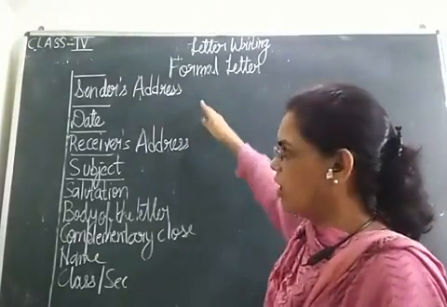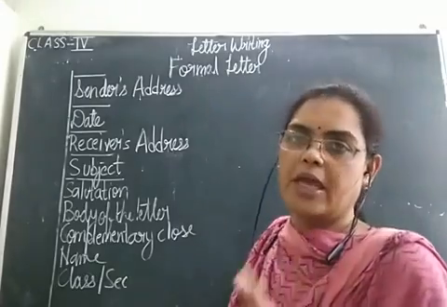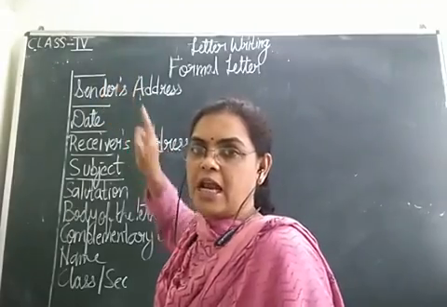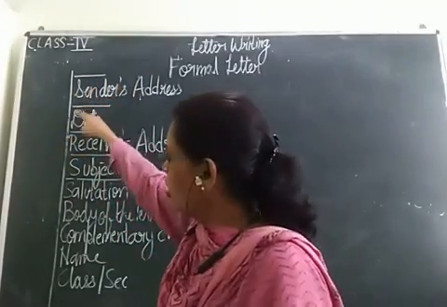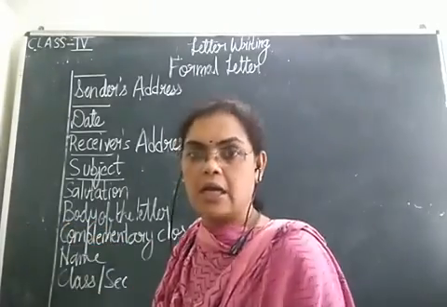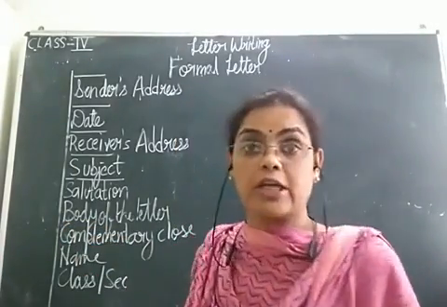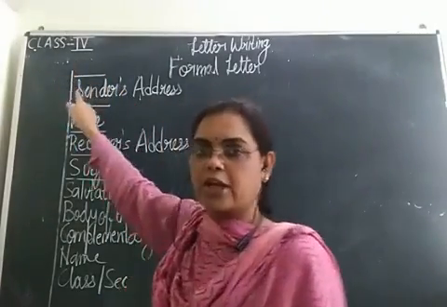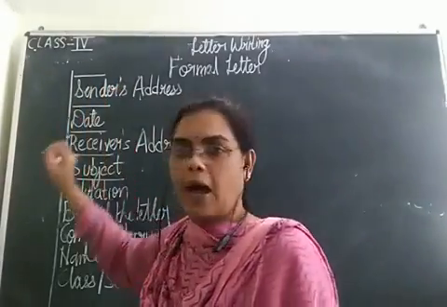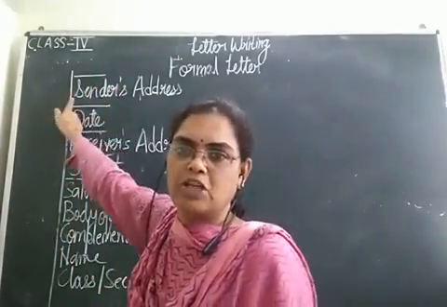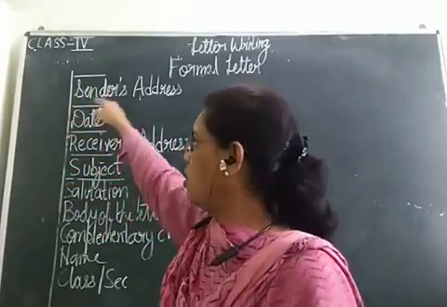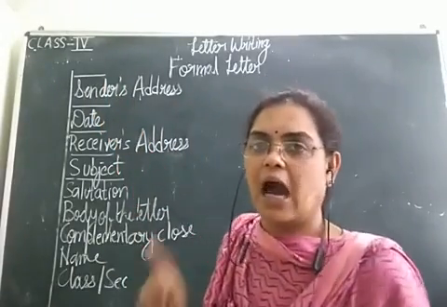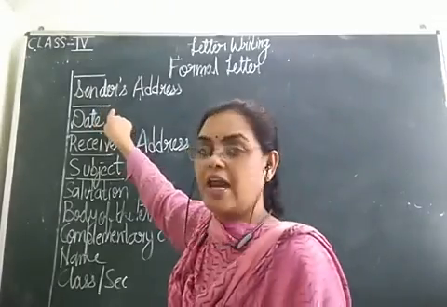Once again, if you learn this format, you will never make any mistake. First of all, after the heading, what you have to do? Leave one line. And please keep in mind that all your letters should come one below the other in application or any letter. That gives a very neat and tidy look. Fine? So first of all, ensure that you start from the left, leaving just about half centimeter space between the margin line and the words. So, बेटा सबसे ऊपर एक लाइन छोड़ेंगे. Then you will write the sender's address. After writing the sender's address, you will leave one line.